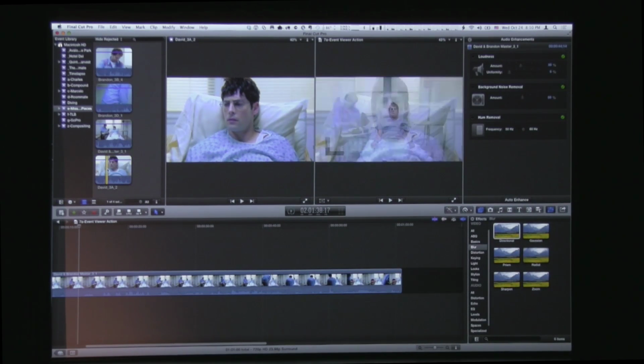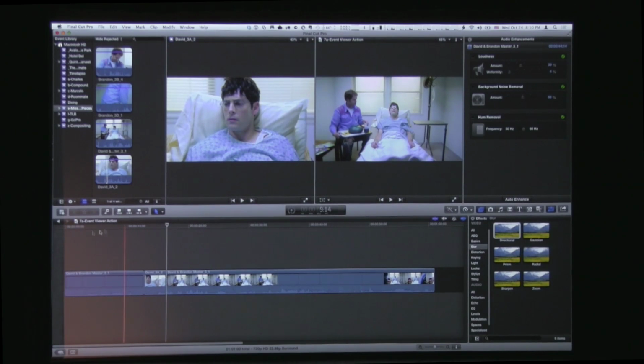And an out point, and then overwrite that. And now if I play that back,